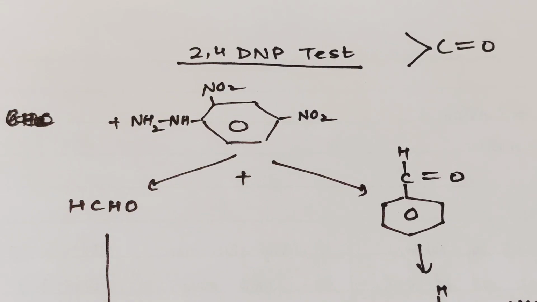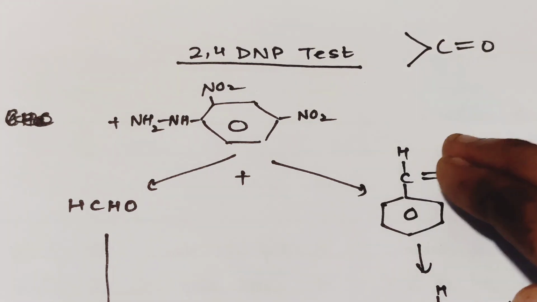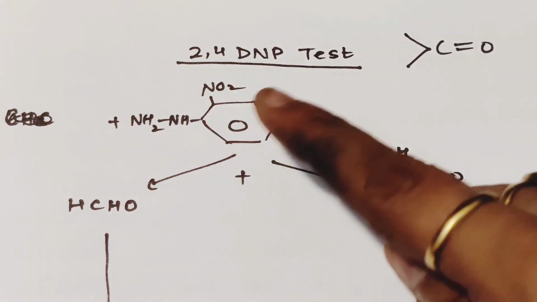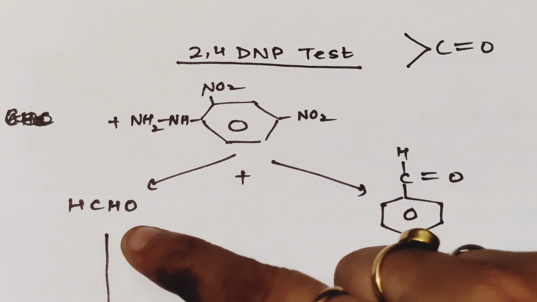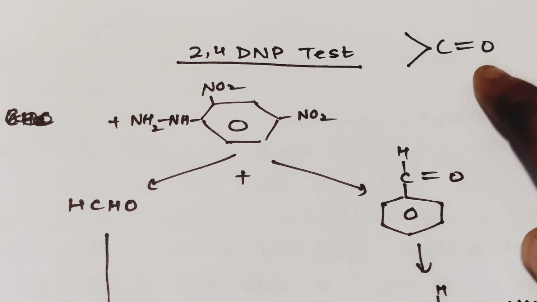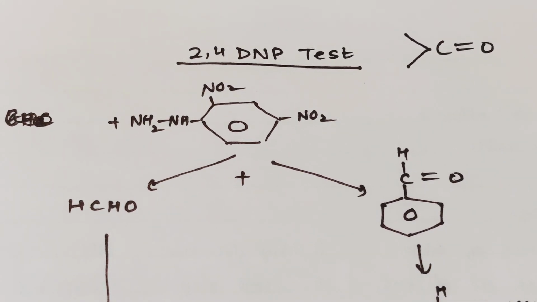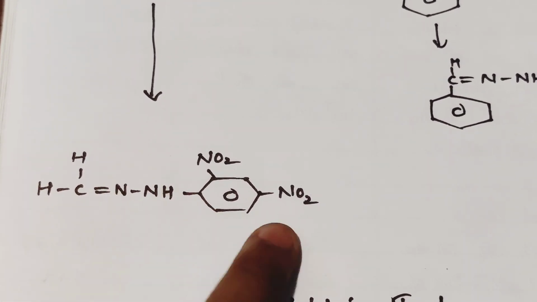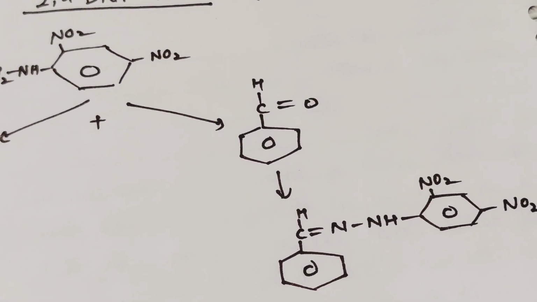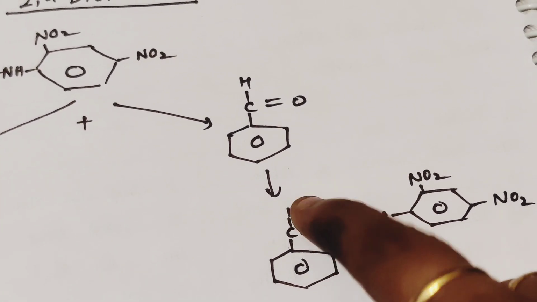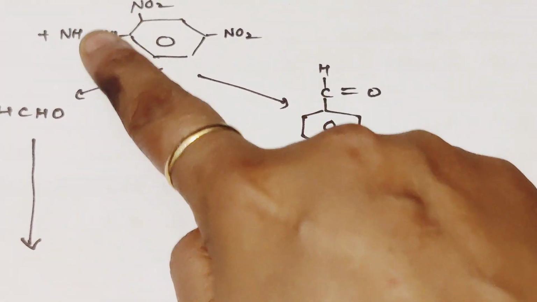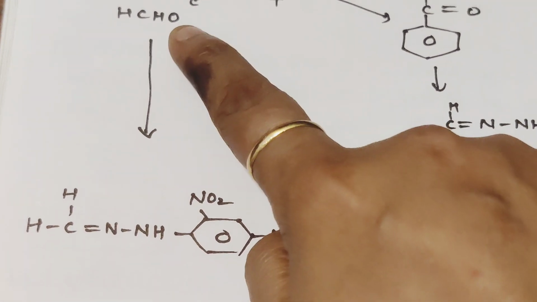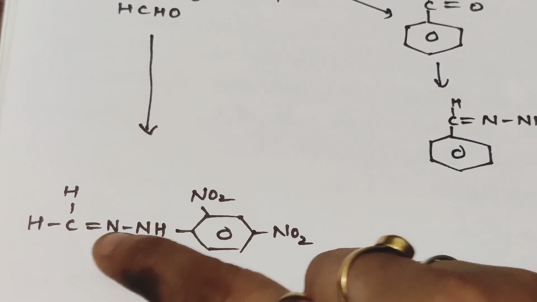Now the chemical reactions behind these tests. First one is the 2,4-DNP test. For this we require the 2,4-DNP reagent, that is 2,4-dinitrophenylhydrazine. It reacts with formaldehyde as well as benzaldehyde because both contain a carbonyl group, and in both cases you have seen the product is formed. In this case it is a yellow color product, whereas in case of benzaldehyde it is an orange color product. Here you can observe this reacts with this H2 removed here, and carbonyl joined from this side. Again in CHO, the O is removed here and carbon joined from this point.